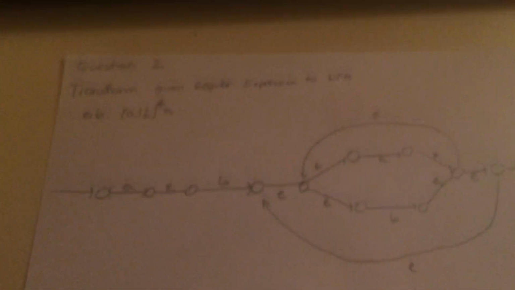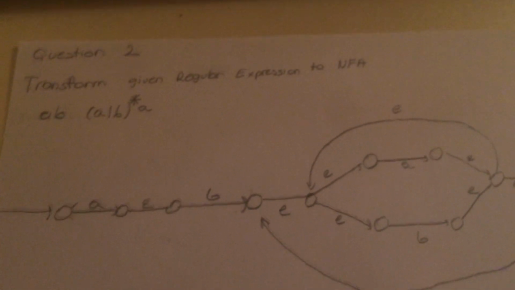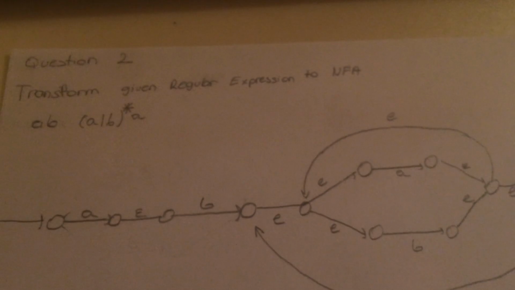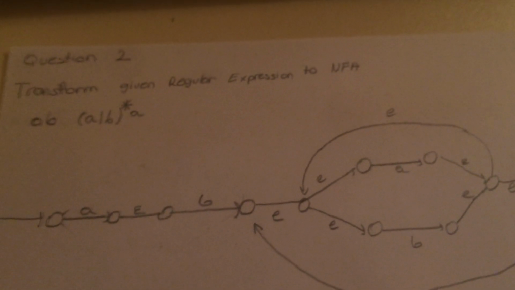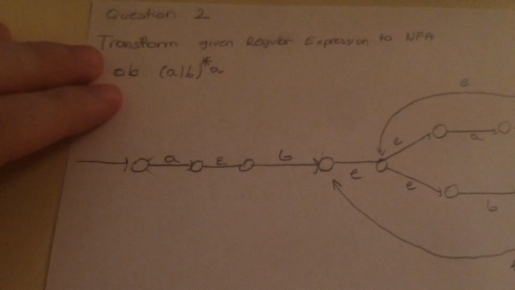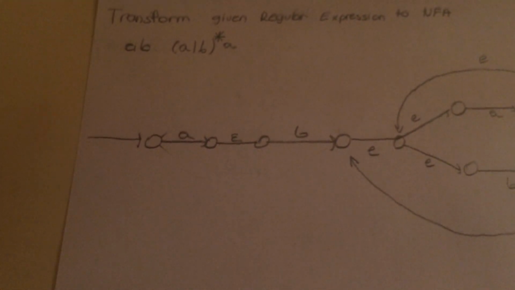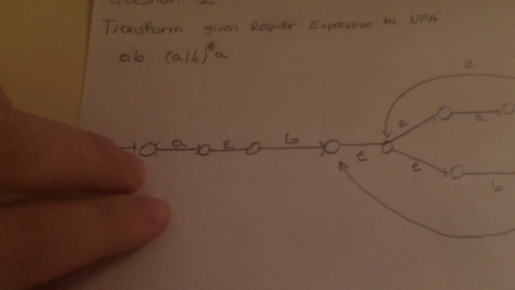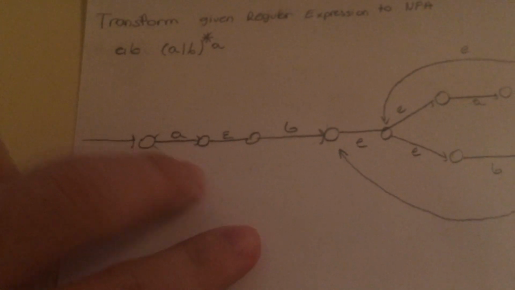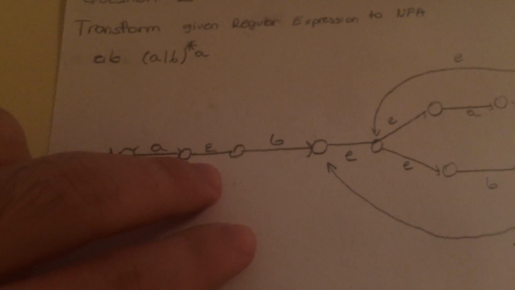Okay. So I will take my second question, which I already wrote. There is a regular expression which is given here, and we will draw an NFA from it. The first expression is really easy, I think. E and B. There's an empty state, which is our first state. It goes with a to another state, and with E,